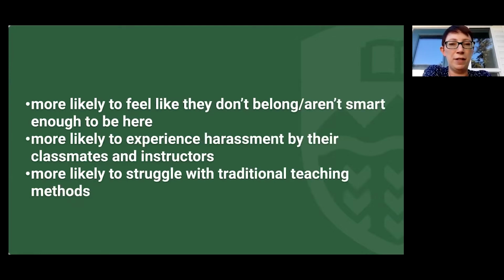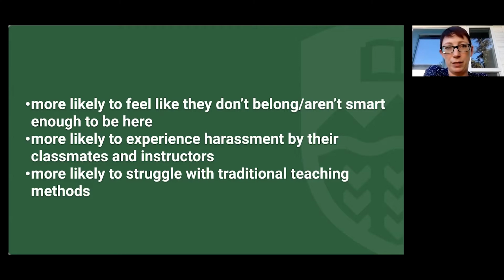So they're more likely to feel like they don't belong or aren't smart enough to be here. This is imposter syndrome. I think the vast majority of people experience imposter syndrome at some point in their careers. But for people from marginalized communities, that feeling of inadequacy is frequently reinforced by external forces,